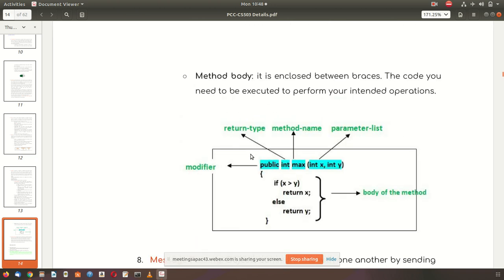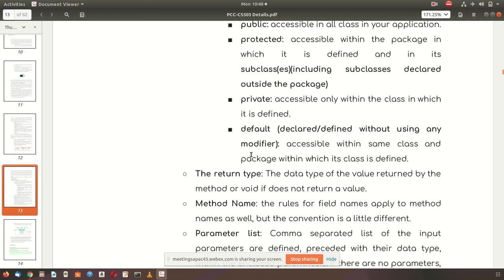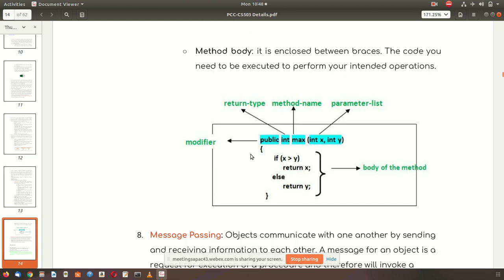A method body is the function body where the function is written, and there is a property of this modifier. As you can see, some modifier is public.